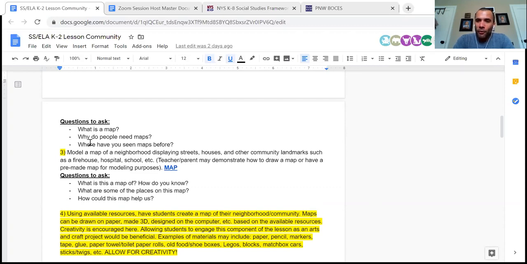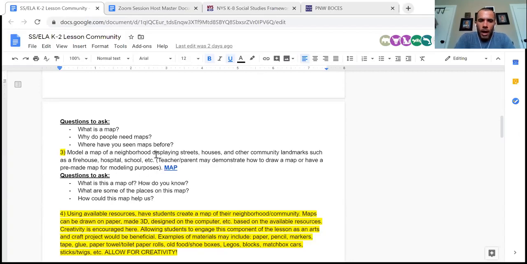Many of them will make reference to Waze or to whatever comes up on the screen in their parents' car. And those are examples of maps. They're digital maps. They're maps that live in technology. But that's where our students are going to think about and understand what a flat map would look like versus a globe, which they probably have seen in your classroom.